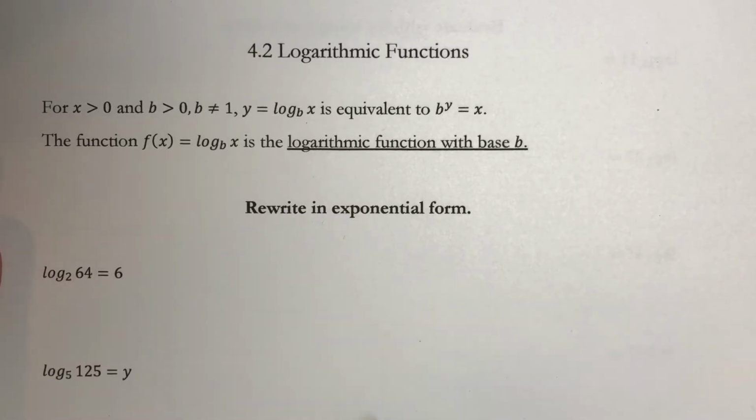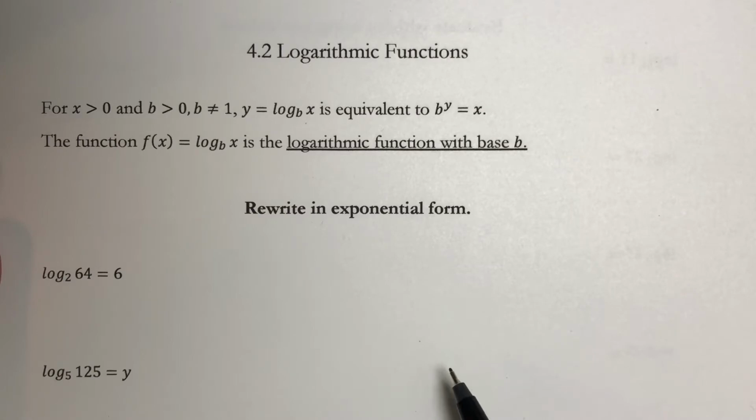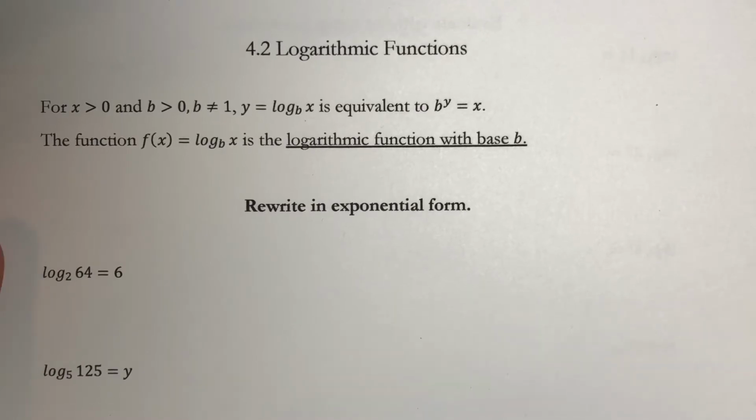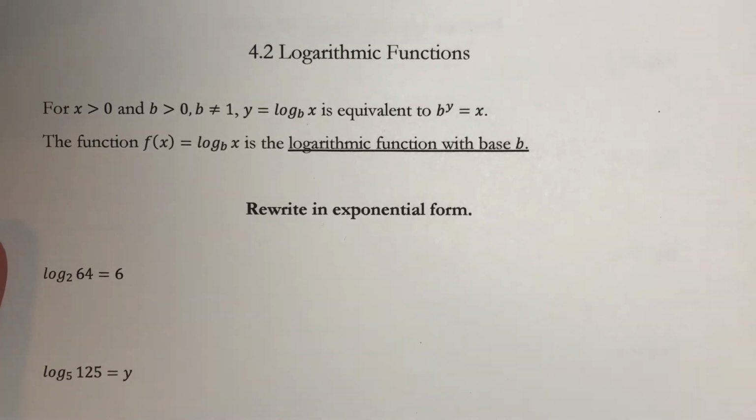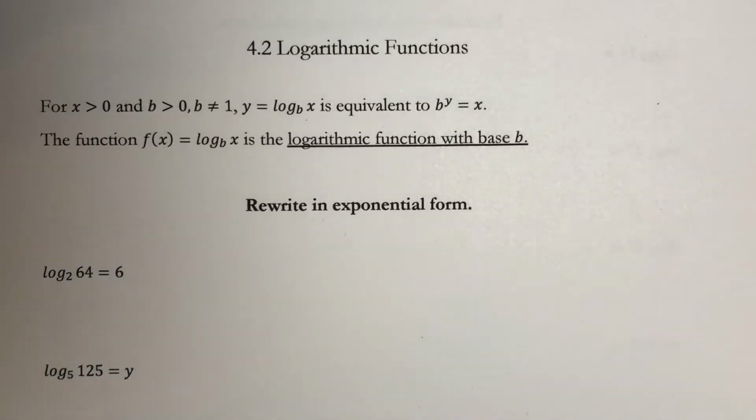Section 4.2, Logarithmic Functions. In the last section, we talked about exponentials, and one of the points I made was that the graph of the exponential function was smooth and continuous, and it had an inverse that was also a function. That's really important because we use inverses all the time to solve various equations. If you have a square on something, you can use a square root. They undo each other. They're inverses. If you add something, then you can subtract something. Those are inverse